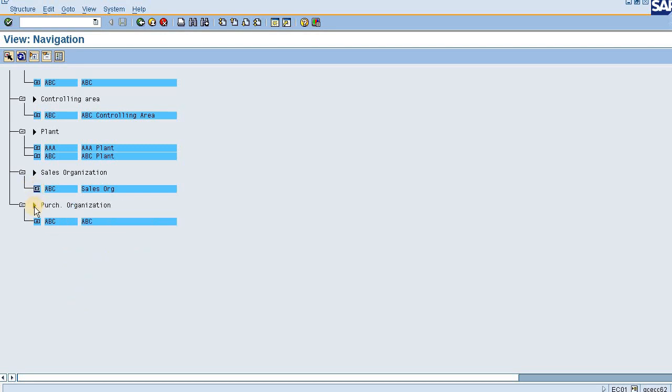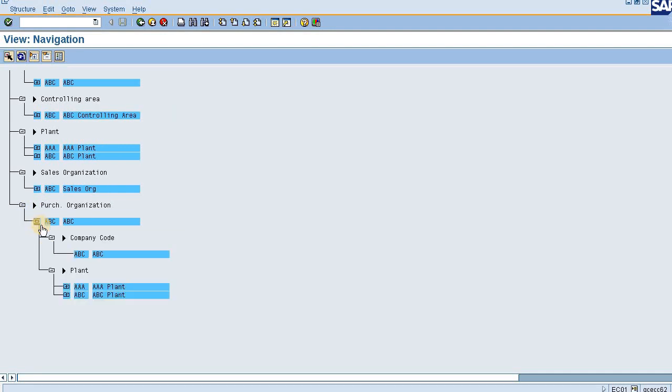So that part is fine. Now I am going to the purchase organization. Purchase organization also has the company code and the plant. So that's the organization structure. You can expand each one of the nodes, and you can see what all linking is there. So that's the transaction, that's the navigation through which you can see your organization structure in SAP.